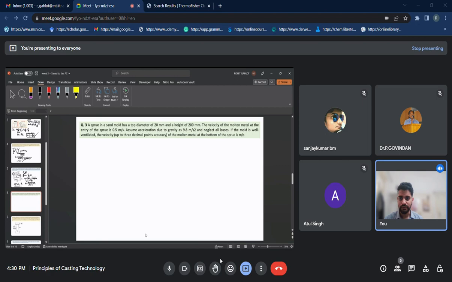So I will read the question for you all. There is a sprue in a sand mold with a top diameter of 20 mm and a height of 200 mm. The velocity of the molten metal at the entry of the sprue is 0.5 meter per second. Assume acceleration due to gravity as 9.8 meter per second square and neglect all the losses. If the mold is well ventilated, the velocity of the molten metal at the bottom of the sprue is